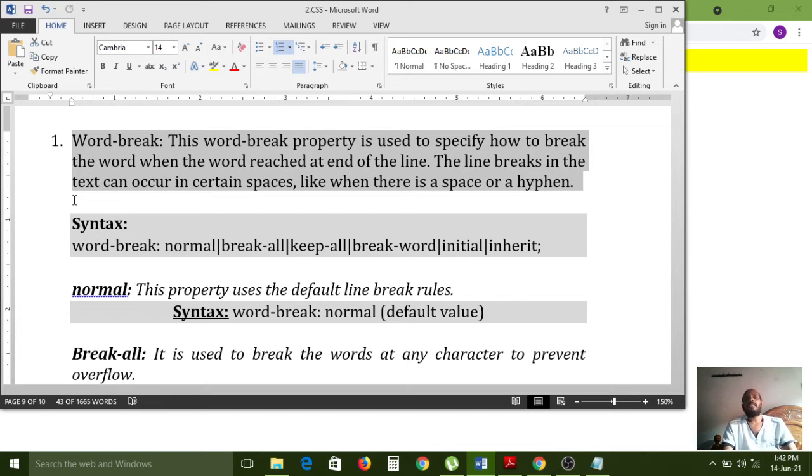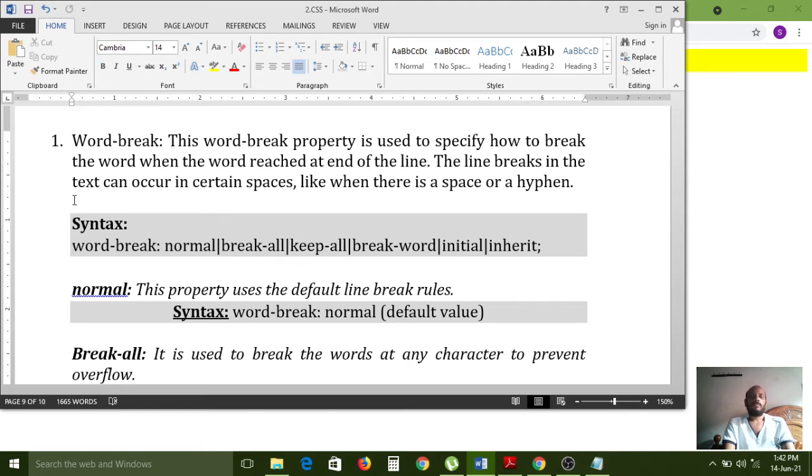Line breaks in the text can occur in certain places, like when there is a space or hyphen, then it will break the line.